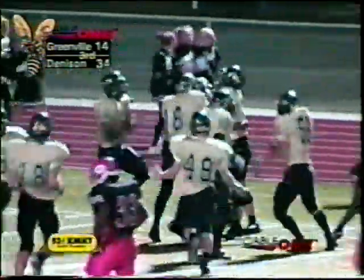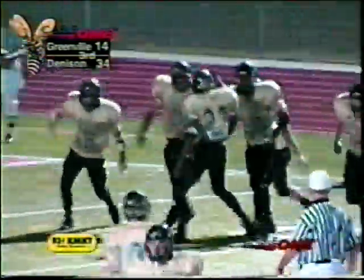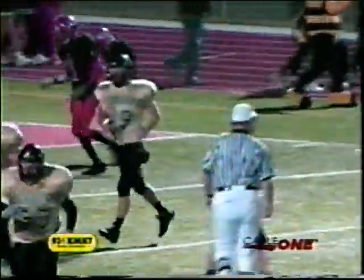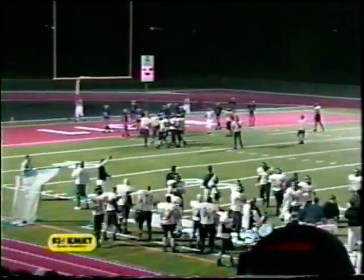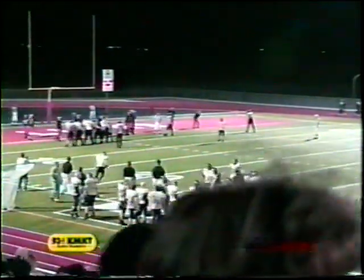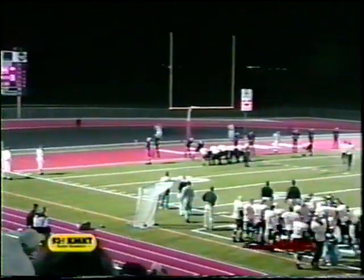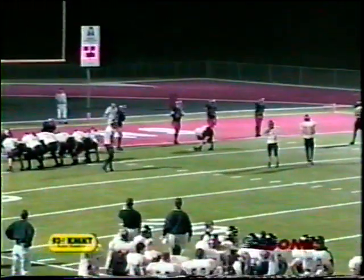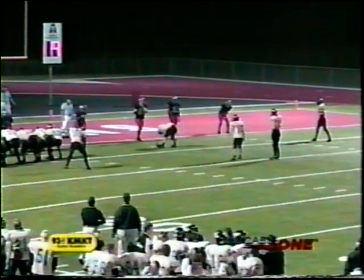He has no quit in him. He has no quit. He gets down to the 10-yard line. They were trying to bring him down, and he shuffles out at the 4-yard line, kept shuffling, and dove into the end zone in the near corner. Touchdown, Yellow Jackets. What a run by the senior fullback. We call him Super Mario, and he displayed why that time as he would not quit, fought his way the final 10 yards to the pylon, and has a 70-yard touchdown run, and Denison has extended their lead 34-14,